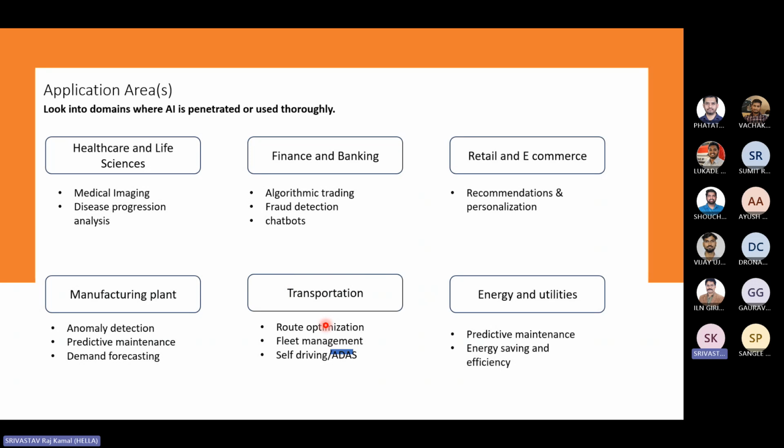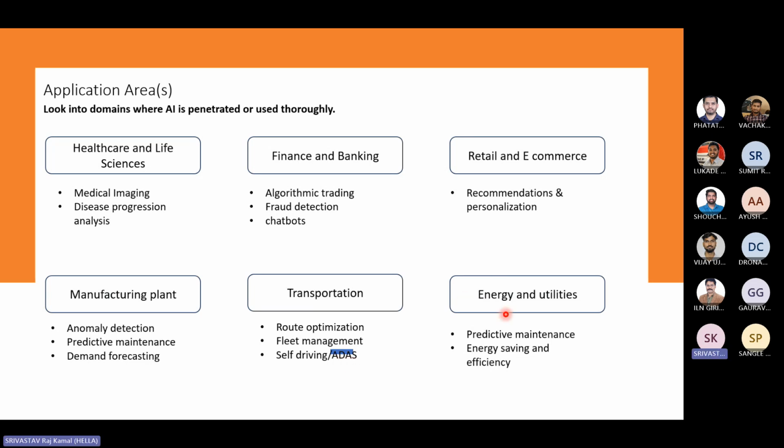And then transportation is the area: route optimizers, Uber, all the fleets moving across the countries, drivers, fleet management. They figure out the best path, costing them the least cost while moving things from point A to point B. Self-driving ADAS: not in India, but in the future on dedicated routes, the cars will be driven by themselves. They have the route, they have the whole plan over there. Tesla is working on that. We are also working on ADAS, some levels of ADAS.